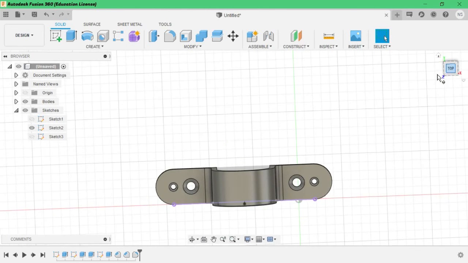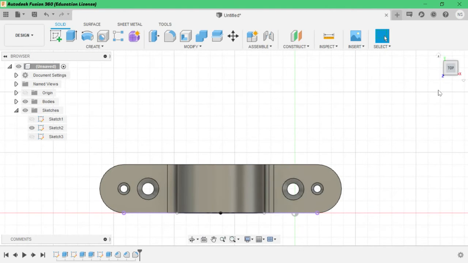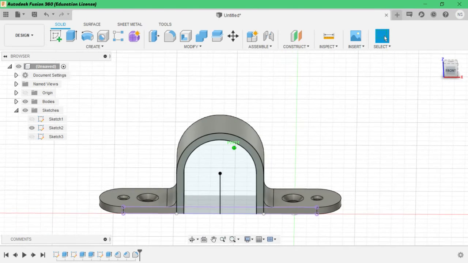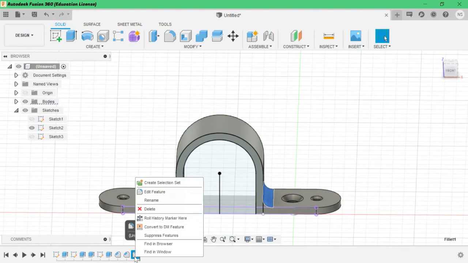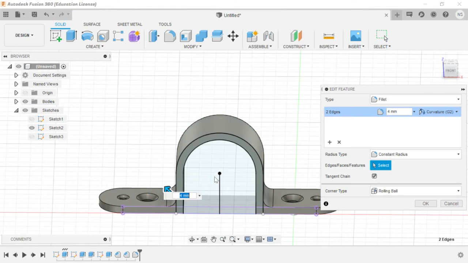See, now you can see from the top it's perfectly symmetrical. We have given the fillet also, so we can now edit the fillet. Can give 10 mm fillet. See, 10 is more than enough. I think 8 is good. 7 is good. I think 7 is good, so that the chamfer will work out.